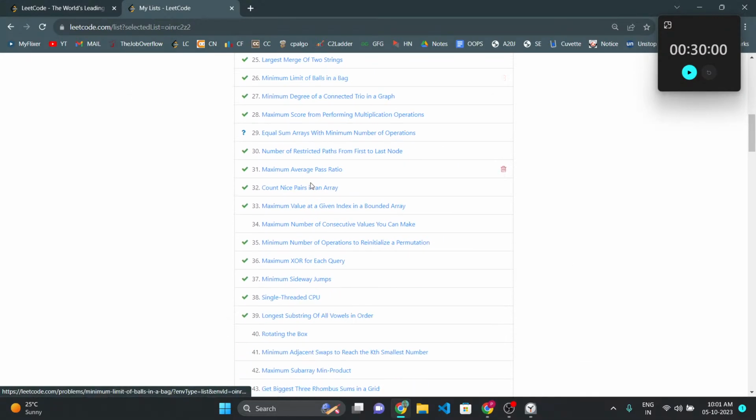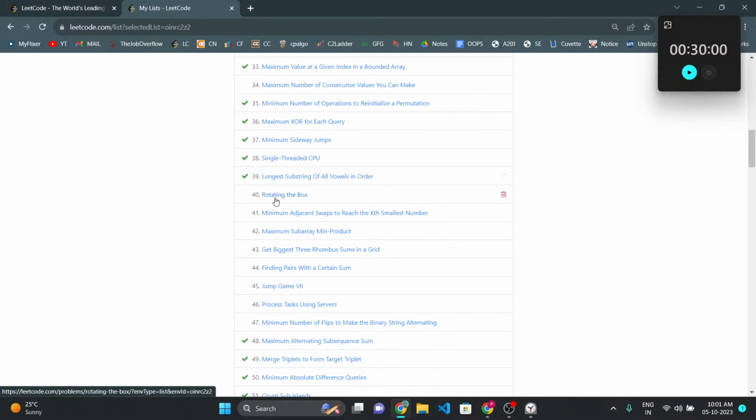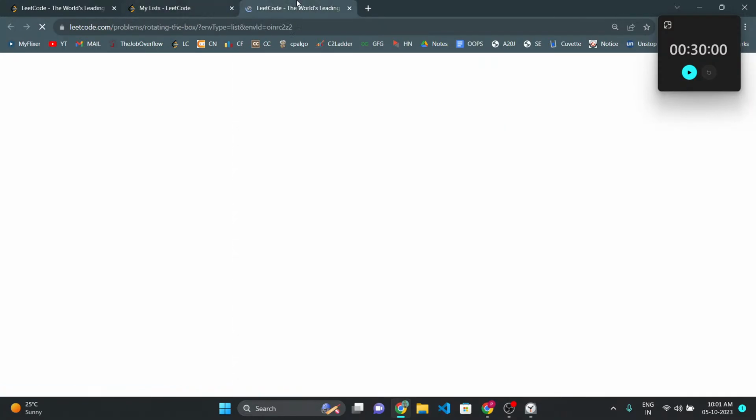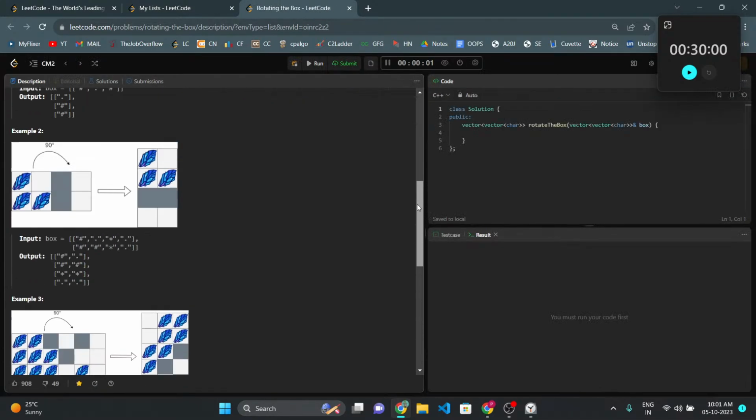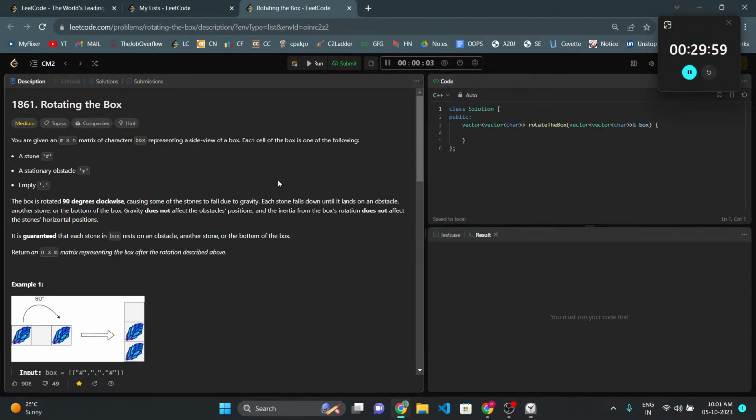Here is the question. So the first question of today. Okay, let's start. You are given an M cross N matrix of characters box, representing a side view of a box. Each cell of the box is one of the following: a stone, represented by hash, a stationary obstacle, denoted by star, and empty, denoted by